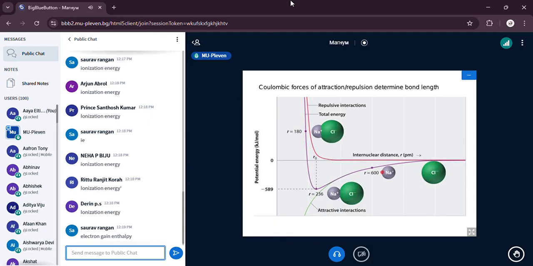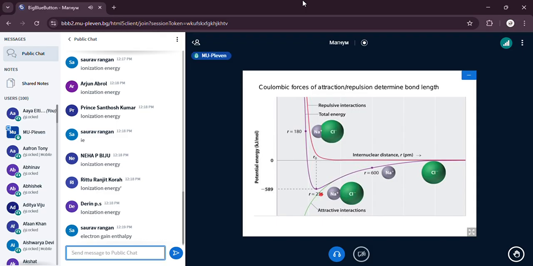But when these two ions approach each other, the distance between them becomes shorter, and electrostatic forces between oppositely charged ions arise. Due to these electrostatic Coulomb forces of attraction, the energy of the system decreases. But when these two ions approach at a distance, which is given here, 236 picometers,